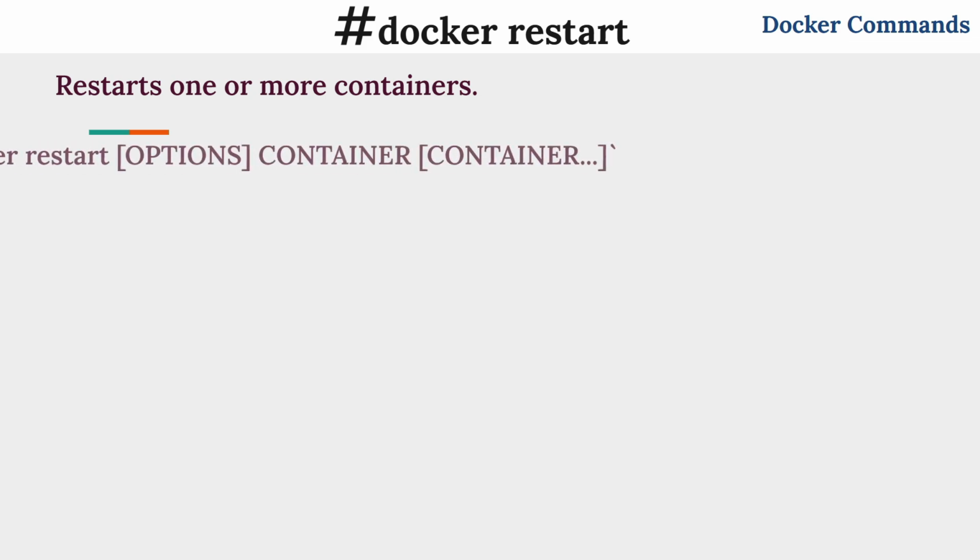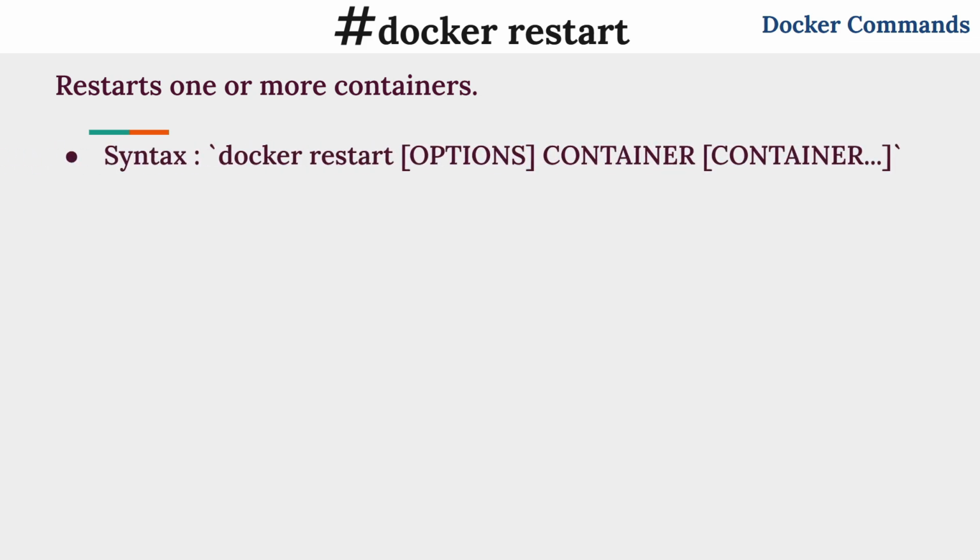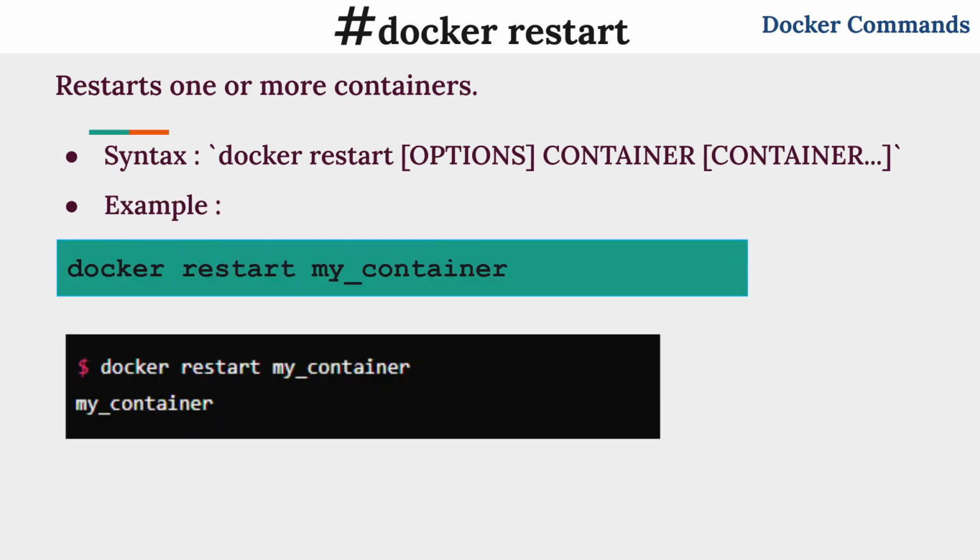Let's see the syntax. docker restart [options] container. Options: additional options to configure the container's behavior when restarting. Container: the ID or name of the containers to restart. The docker restart command is convenient for restarting containers in a straightforward manner. It helps in cases where you need to apply configuration changes or simply reset a container while maintaining its state. By understanding its usage, you can